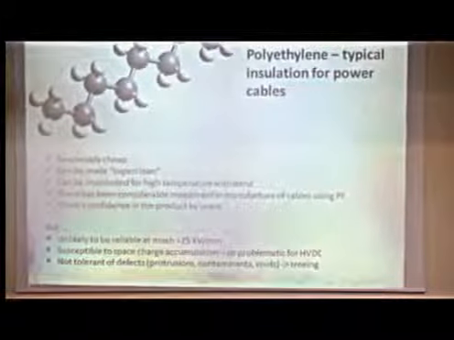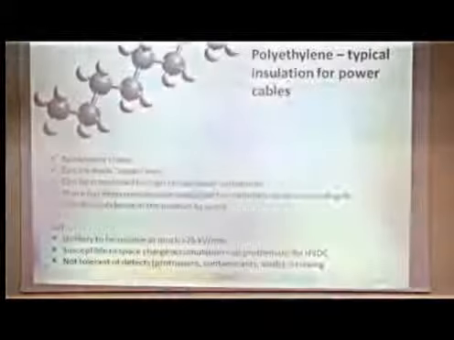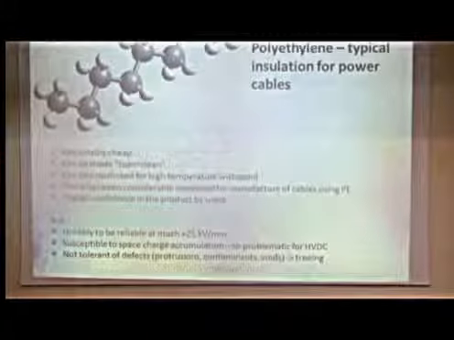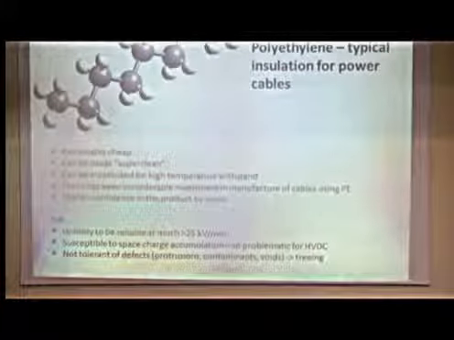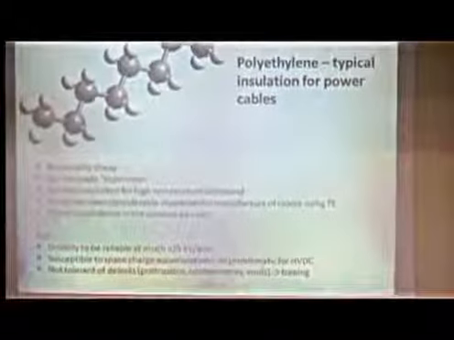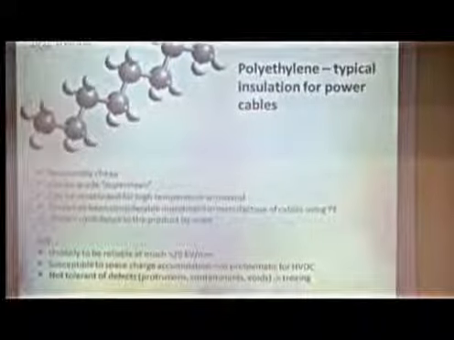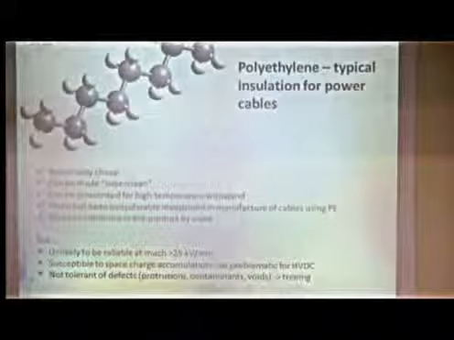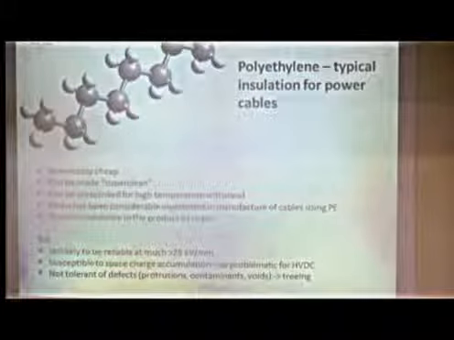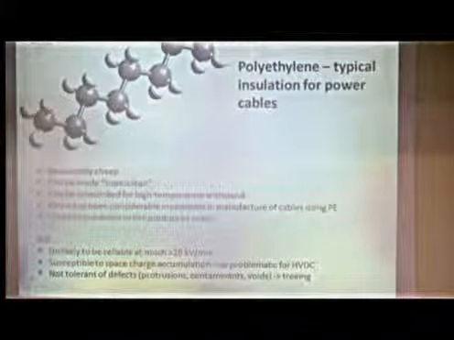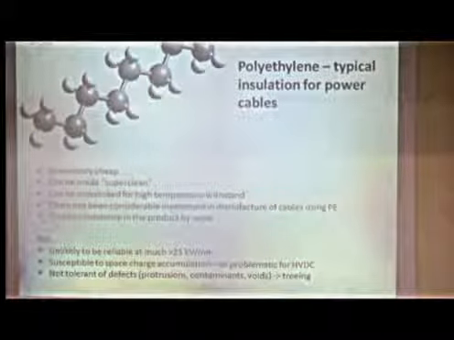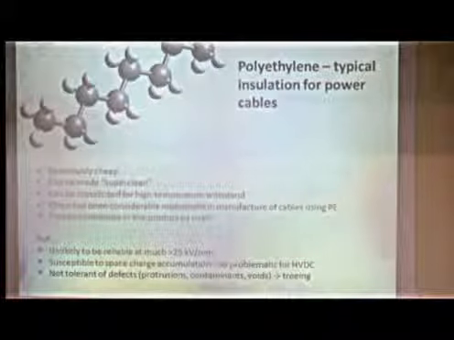But of course the nice thing about that is that it doesn't then melt. So although polyethylene itself melts at just over 100 degrees Celsius, once we heat up a cross-linked polyethylene, it becomes more like a gel. And it's not actually going to allow the two conductors to sort of move together. Of course, if you heat it up too much, it'll start to go black colour and eventually catch fire and do nasty things like that. But we could take it very close to its melting temperature without any bother.